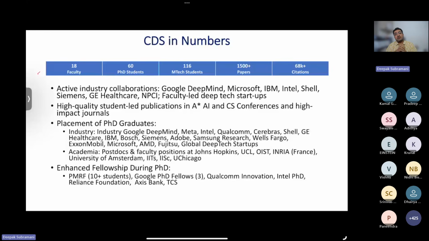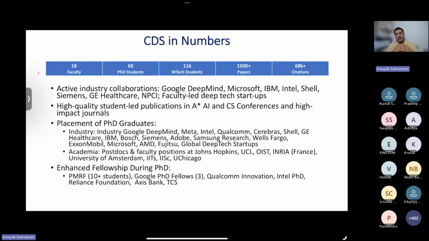Our students publish in top quality venues in the field. If you take AI and computer science conferences, we are there at CVPR, ICCV, ECCV, ICML, ICLR, NeurIPS. You take any of the top conferences, we are there. You take any of the high impact journals, right? So Nature Computation, Nature Methods, material science fields, right? So Proceedings of the Royal Society, our students have published in those journals also. And we are very rigorous in the type of work that we do at the department.